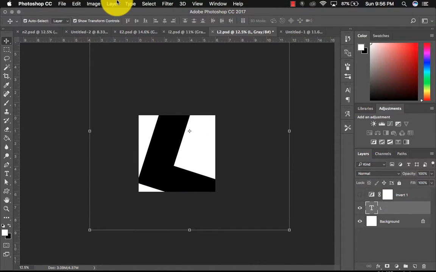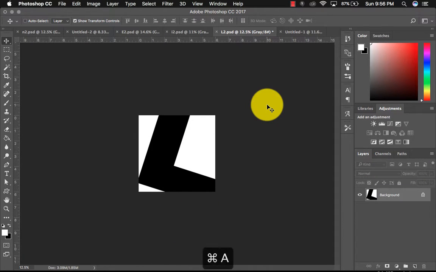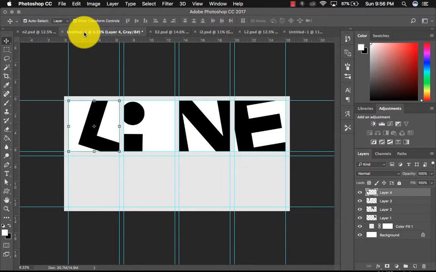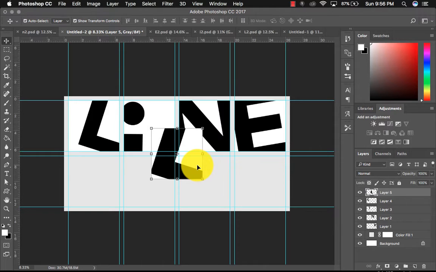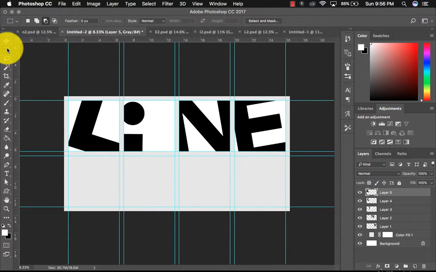Okay, and then again you would go to layer, flatten image, Command A, Command C, and go back to this document here and Command V, and maybe that gives me a better image. Okay, I like that better. Alright,